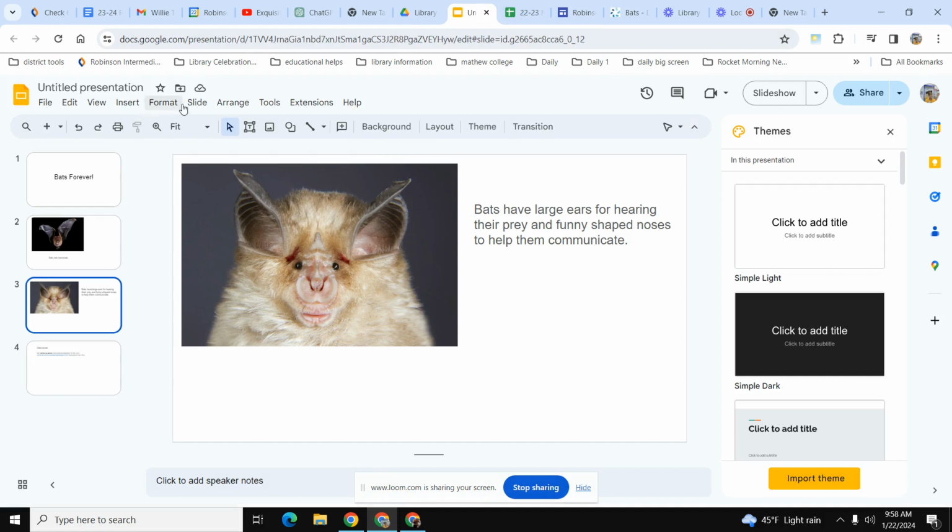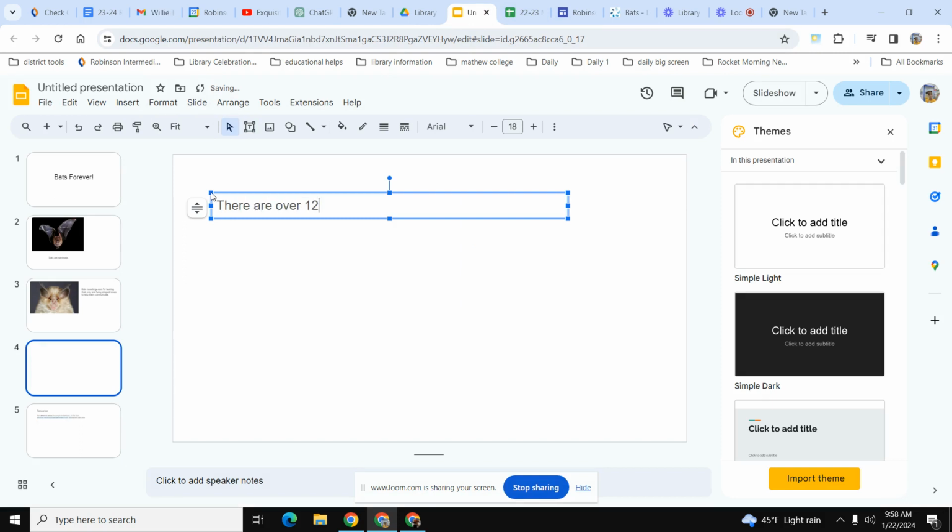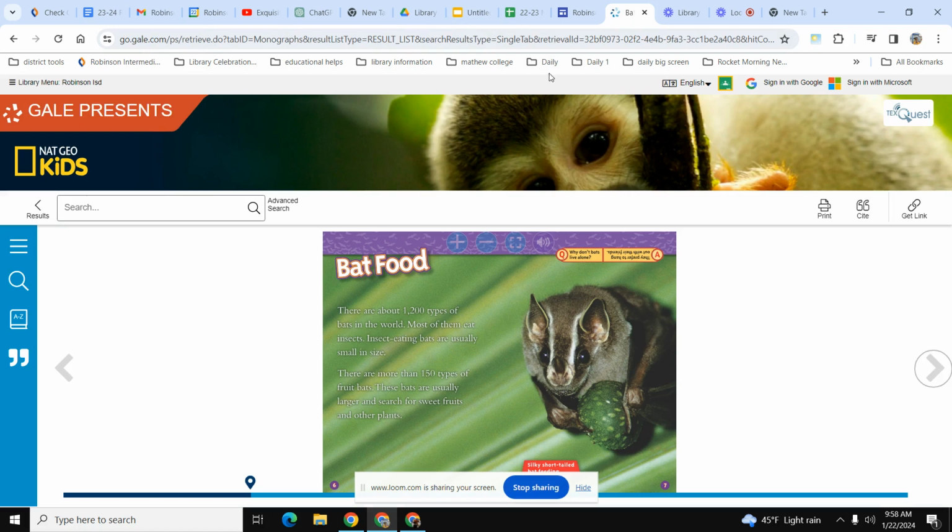So I'm going to add another slide, and I'm going to write down there are over 1,200 different kinds of bats in our world. Notice I didn't copy and paste. This is my own words, but I did get it from this resource. So yes, I've got to tell people where I got it from. See right here where it says cite? Well, we're going to click on that